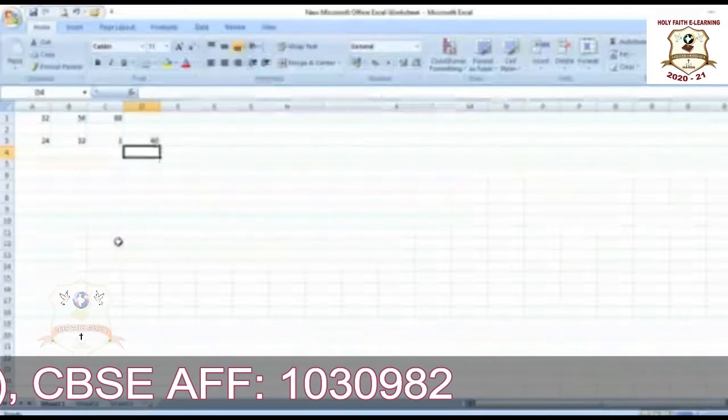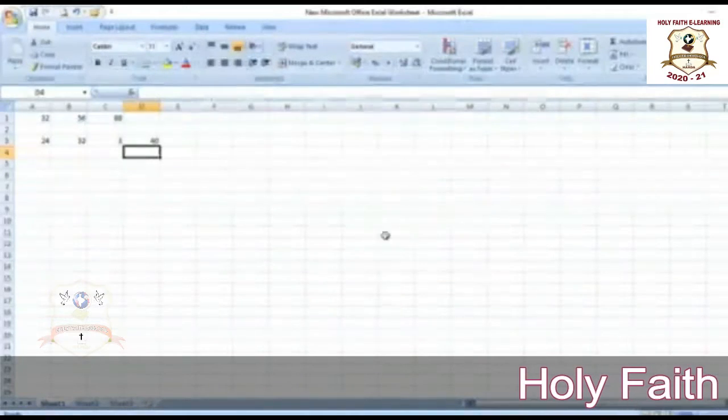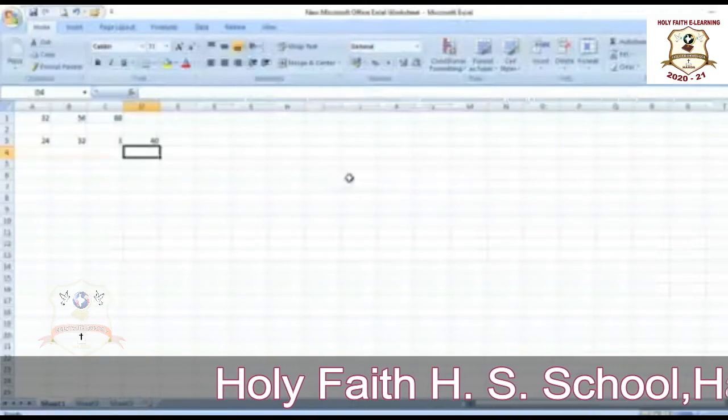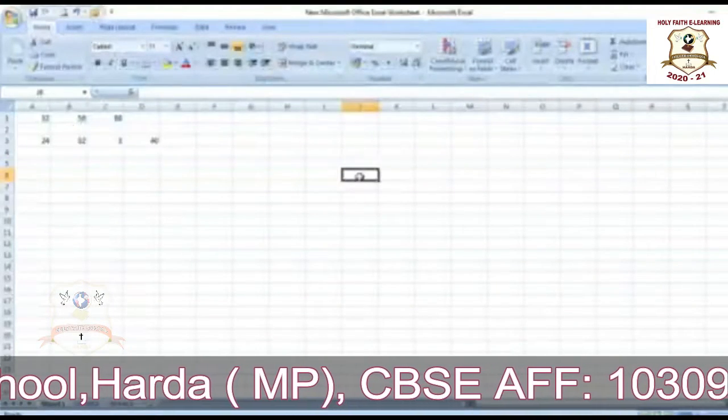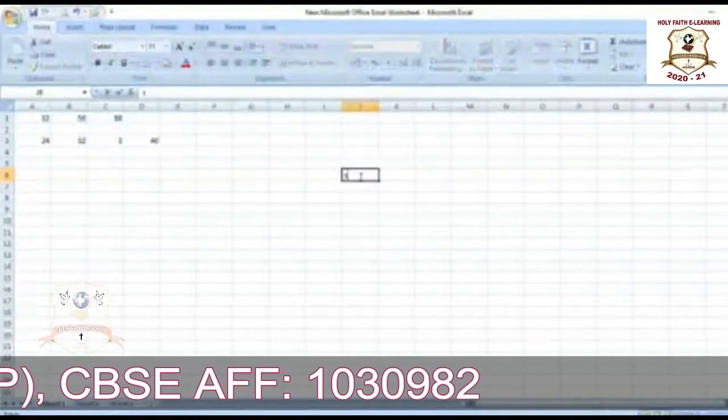Next is copying a formula. How can we copy a formula? For that you have to make a table, like I am making a table here of an automobile sales report.